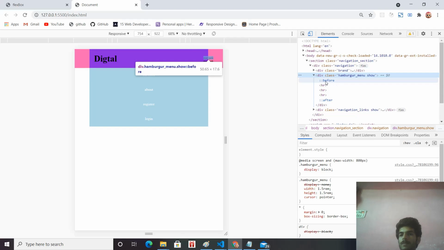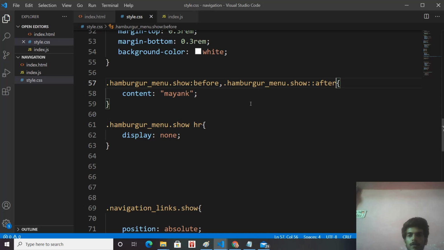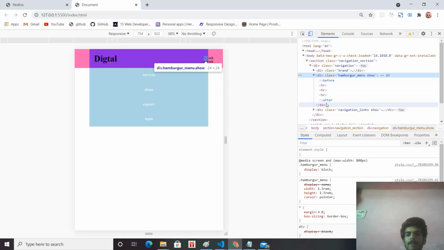In the before selector, whatever content you give gets rendered on the left side of our div. This is our container that has the hamburger menu, and on the left side Mayank gets rendered. And the same as we said, in the after, on the right side of our div tag, the content is going to get rendered.